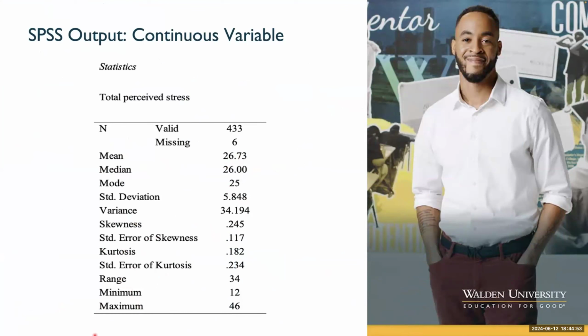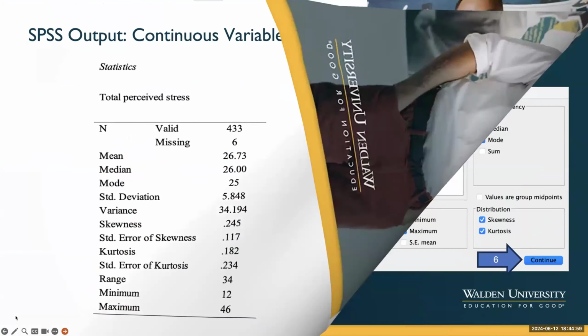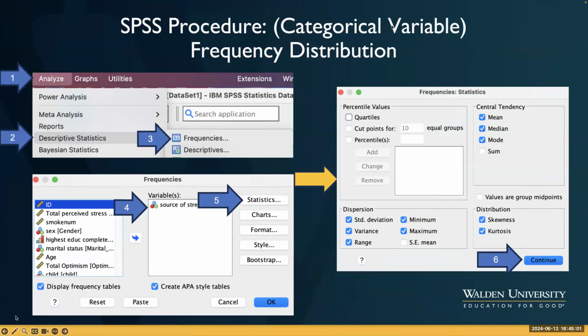Now, but you also have to do that for the categorical variable, right? So for the categorical variable, we're going to do the same thing, but that's going to be source of stress is going to go in there. And in statistics, now, we'll select the same things, but you'll note, and the reason I did this, you'll see that we don't get